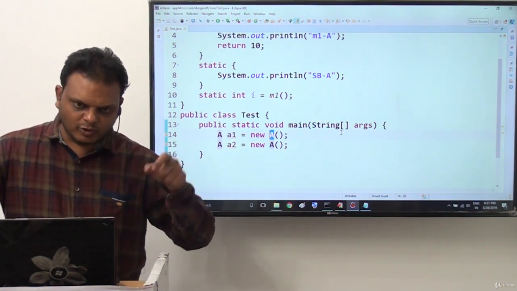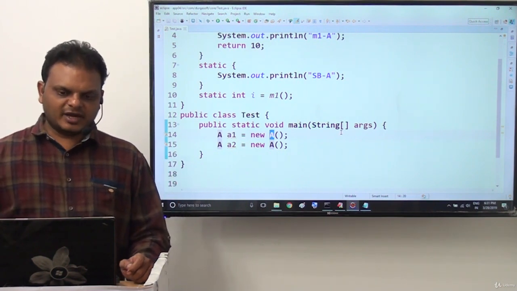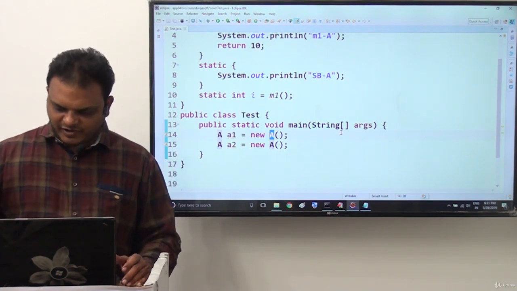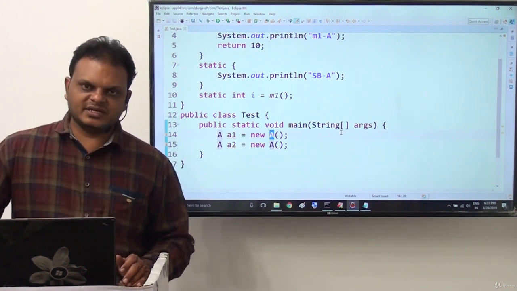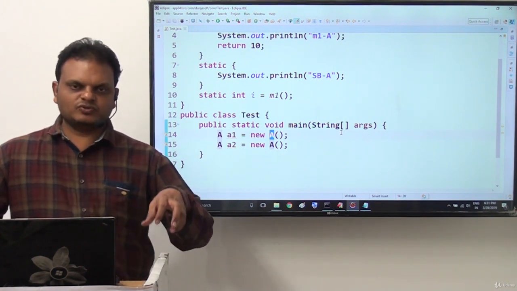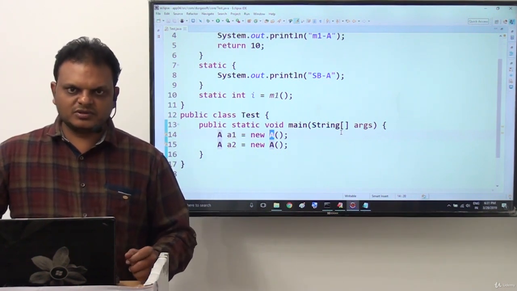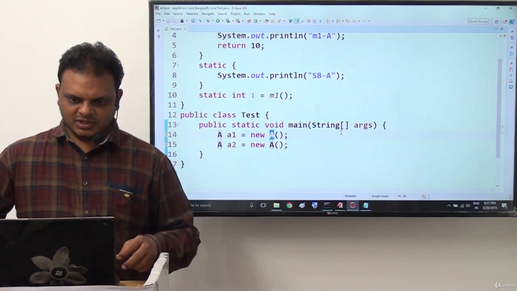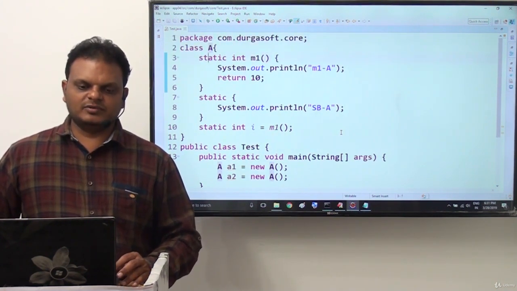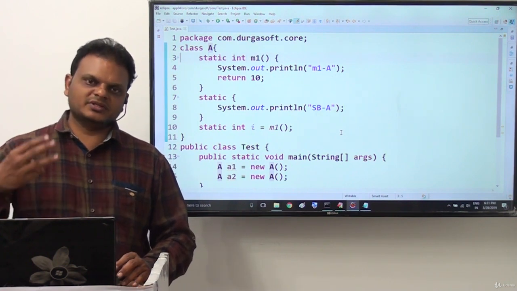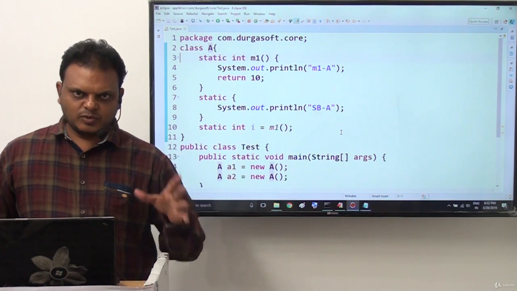Exactly at the time of loading the class bytecode to the memory, if you have any static context, then JVM will recognize and execute the static context we provided in class A. Now let us check what static context is available in class A. Static context includes three elements, we know already: static variables, static methods and static blocks.